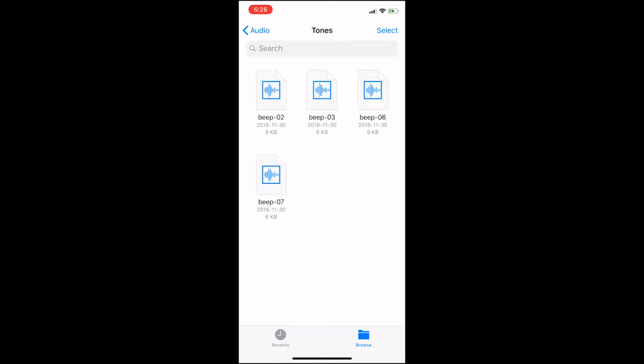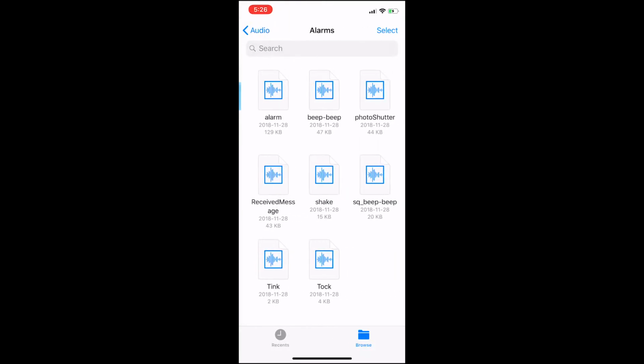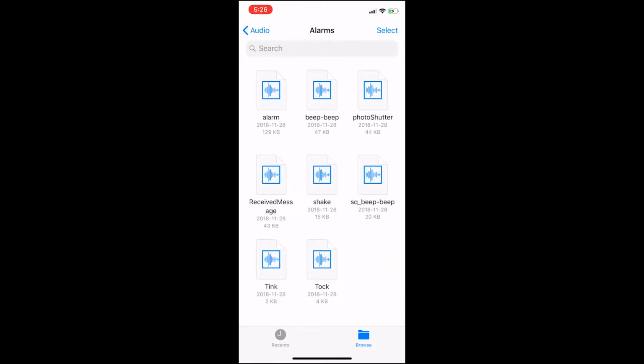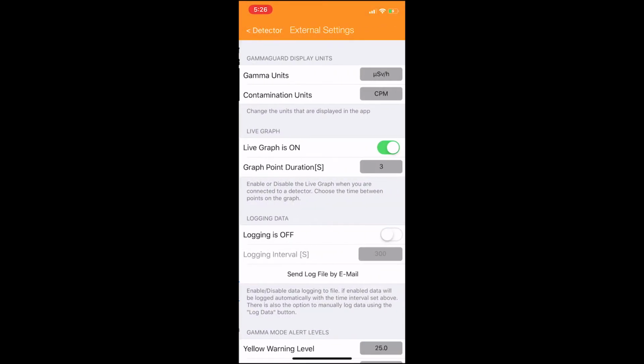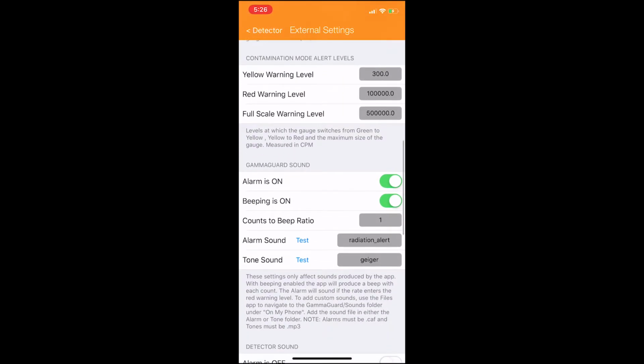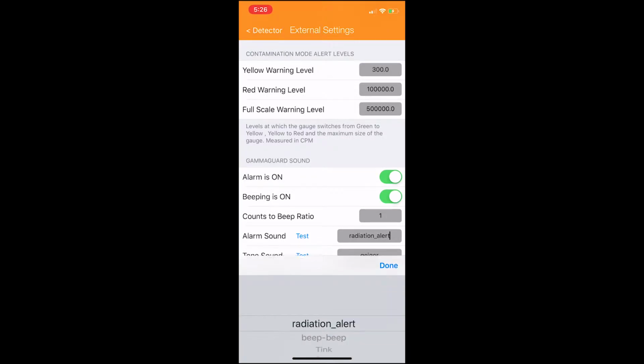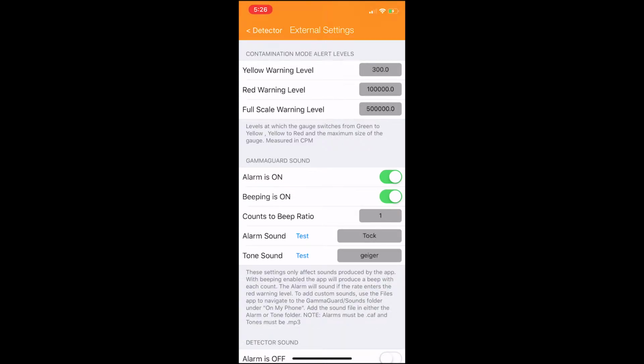So now that we've added the new sound files to both the tones and alarms folders, we can reopen GammaGuard and we should see them in the app. Now if we open up settings here and you scroll down to the alarm sound and tone sound, you can now scroll through and see all the new sounds you just added. So for example, let's set this to the talk. I'll turn my alarm back on,